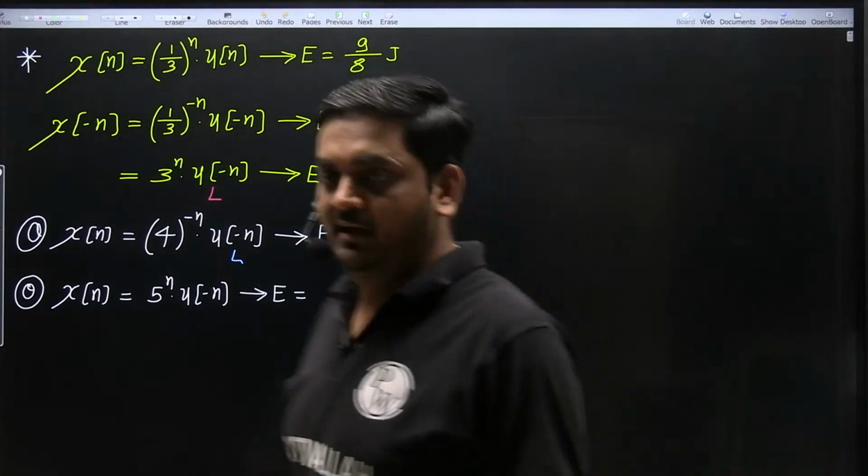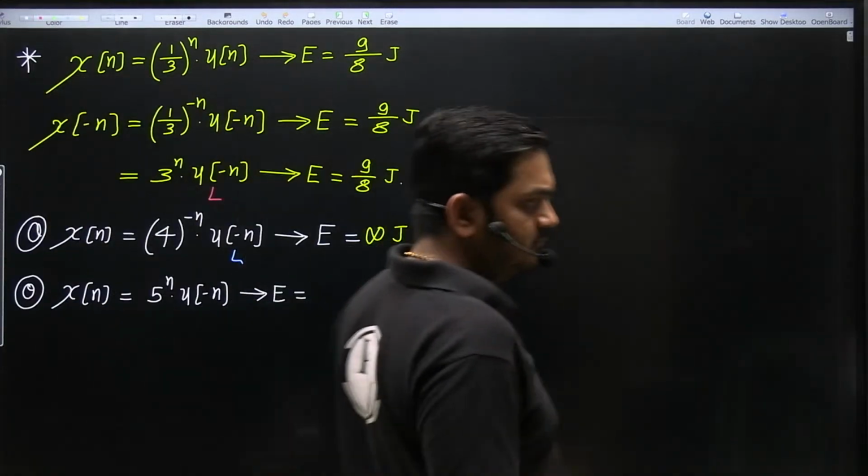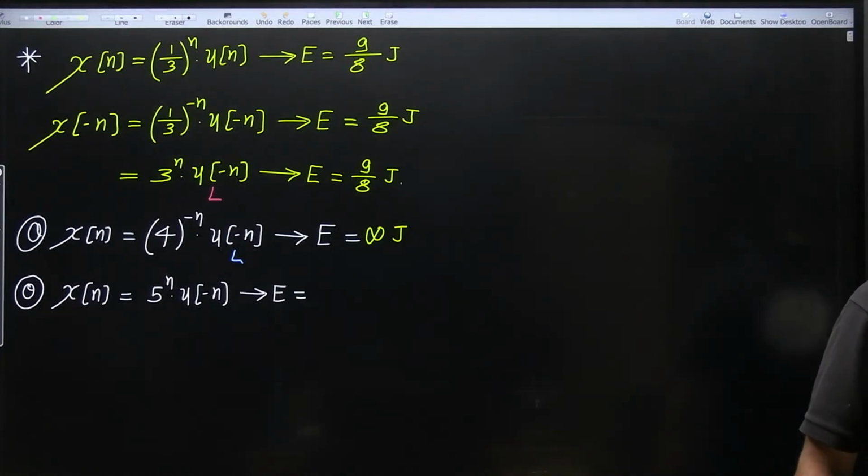Tell me in the comment box. Decreasing and energy will be 25. Very good,